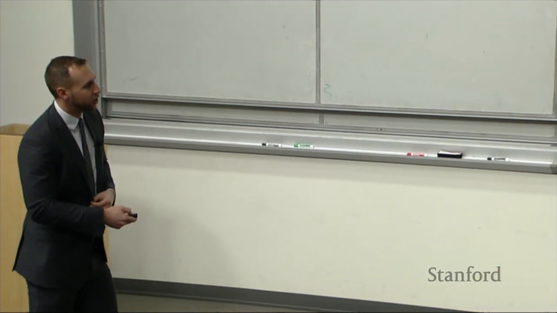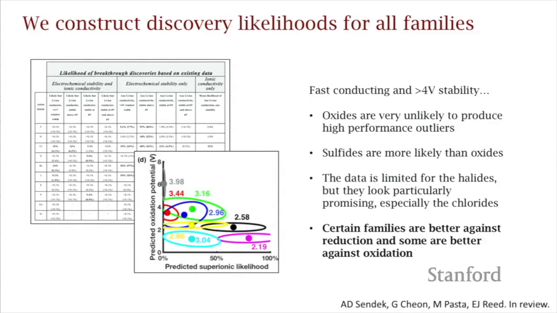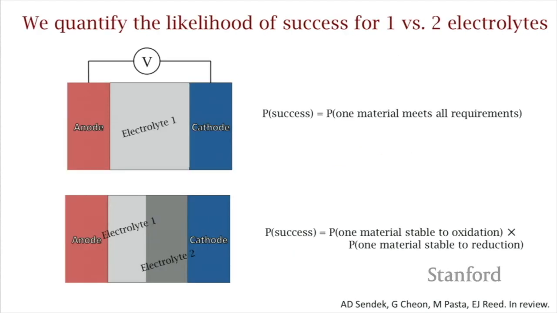And of course, what we know also is that certain families are better against reduction, certain families are better against oxidation. And so that has some implications for this final question that we want to answer, which is, how likely am I to find the wonder material which satisfies all my criteria at the same time, which gives me a lithium metal anode, which gives me a high voltage cathode, and gives me fast lithium ion conduction. So coming back to this 1 versus 2 electrolyte system,